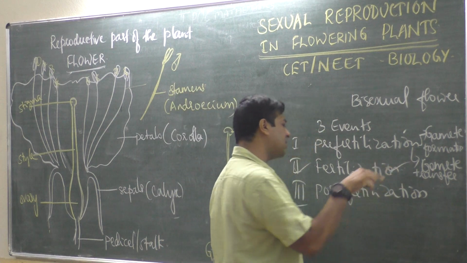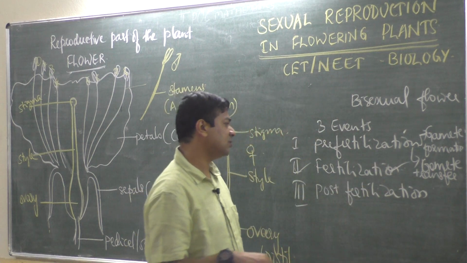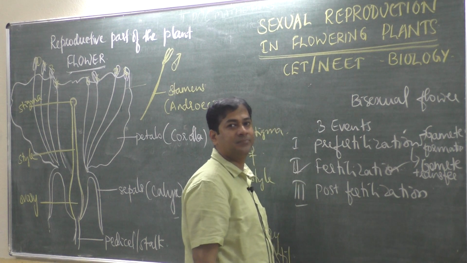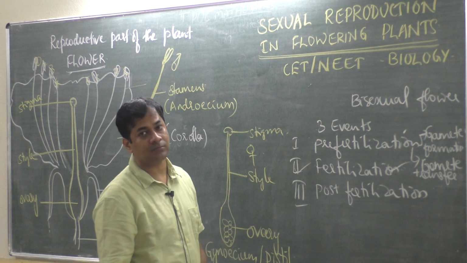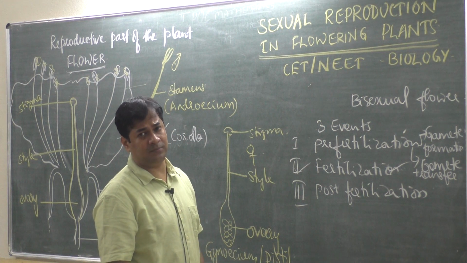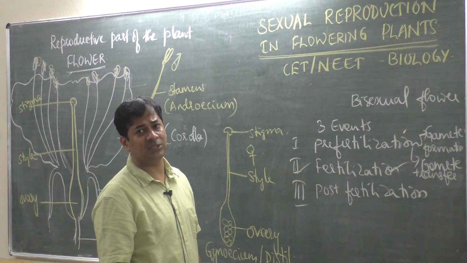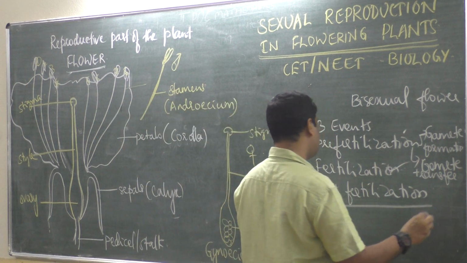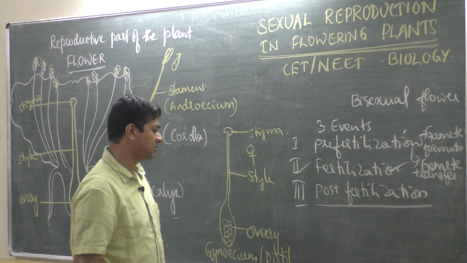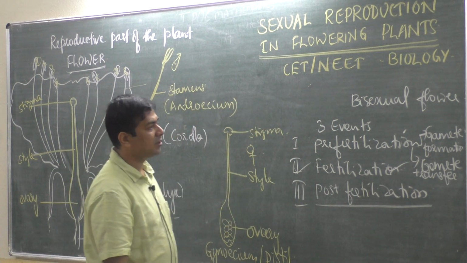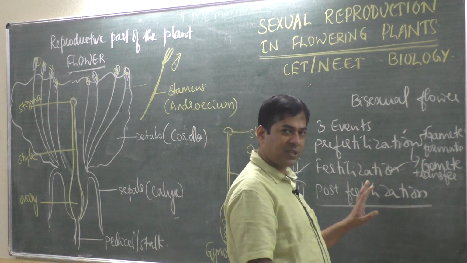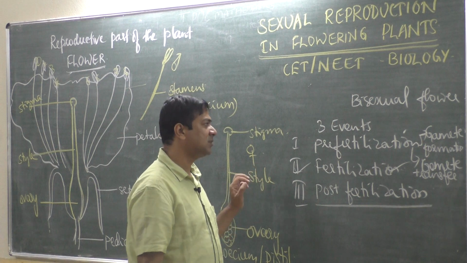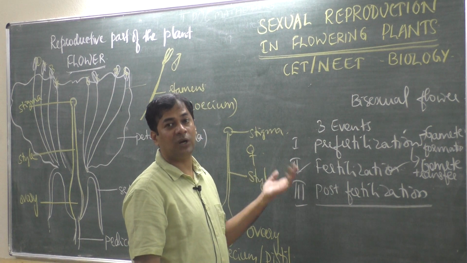Then after fertilization, what happens? Zygote is produced, isn't it? And endosperm is produced, isn't it? So all those stages are what we call post-fertilization stages. This is not there in the book, these steps are not there, it was there in the first chapter, but it is applicable to the second chapter also, because now you tell me, under this chapter, next what are we going to learn?